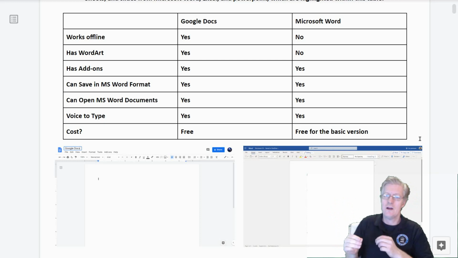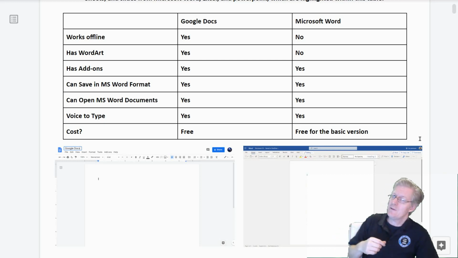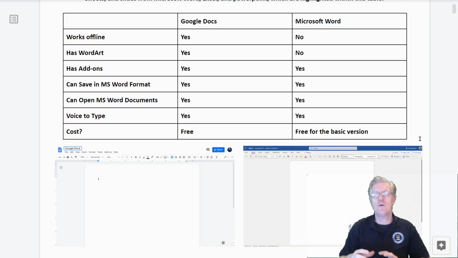Now, you can upgrade to what's called a premium version if you want to, and that has a cost to it, a subscription that you can go into and have if you need WordArt and some of these other features in the Microsoft Word app. Now what we're going to do is I'm actually going to open up both of these apps and look at them